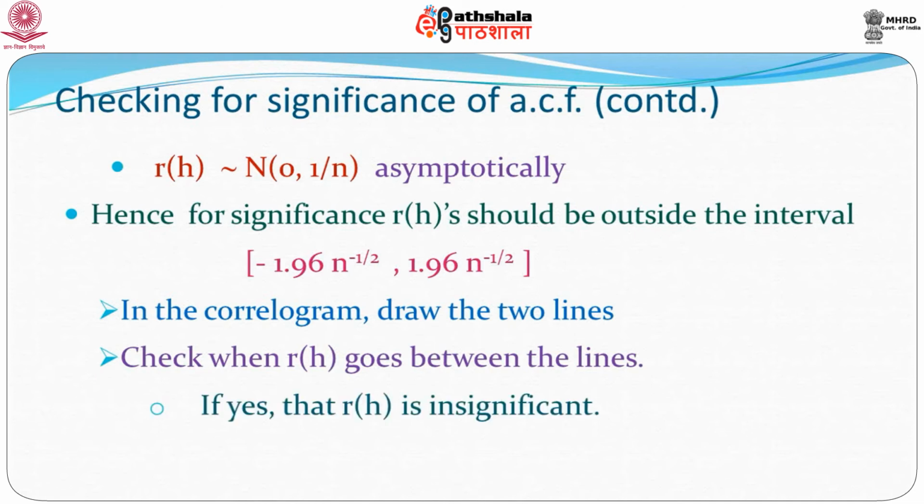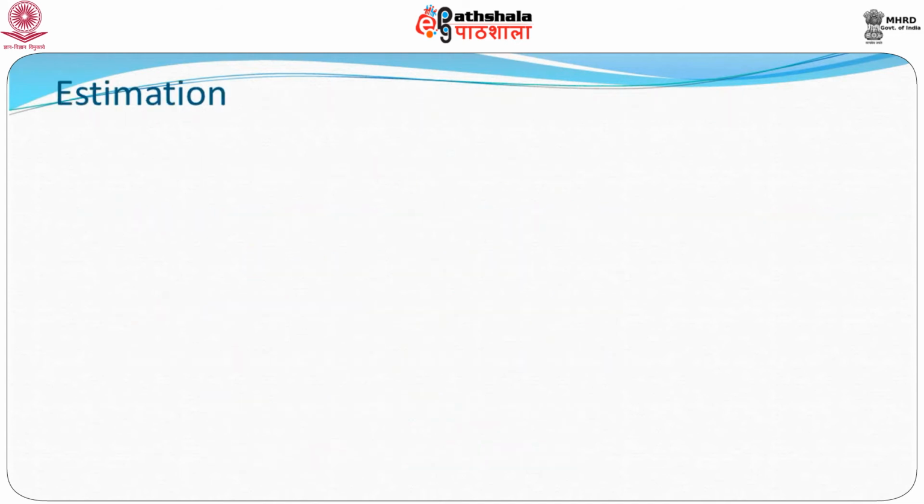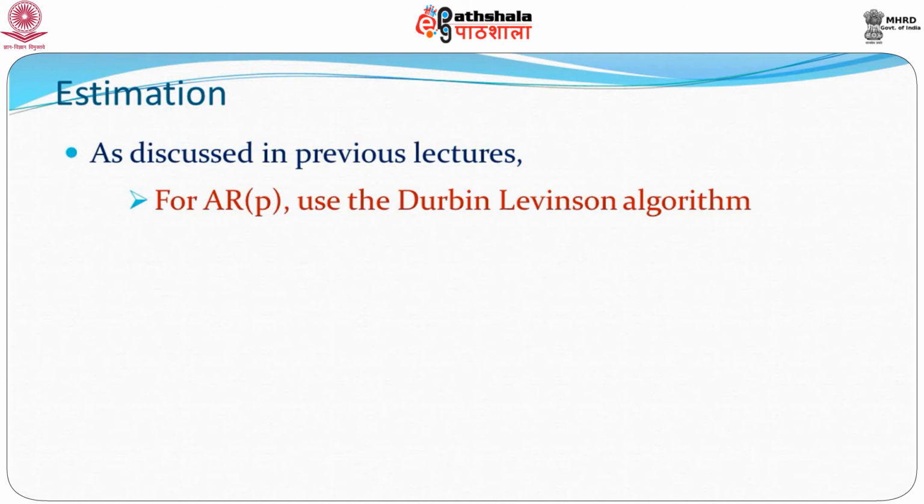So, if RH is insignificant, it goes below the lines. If it is significant, it should be lying outside this interval. Once having selected the model, that is the D, the P and the Q, we look at the method of estimation. Now, the methods of estimation we have discussed, and we are not going to go into